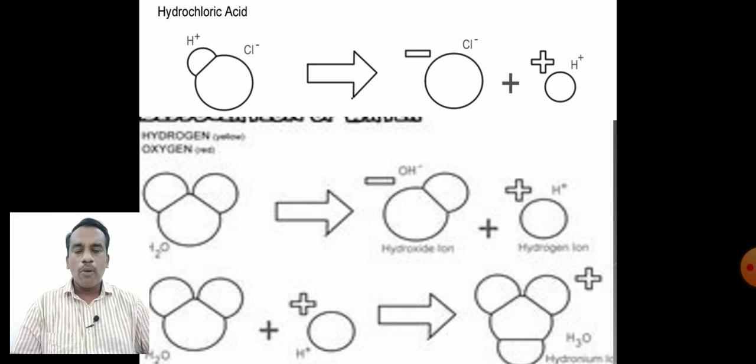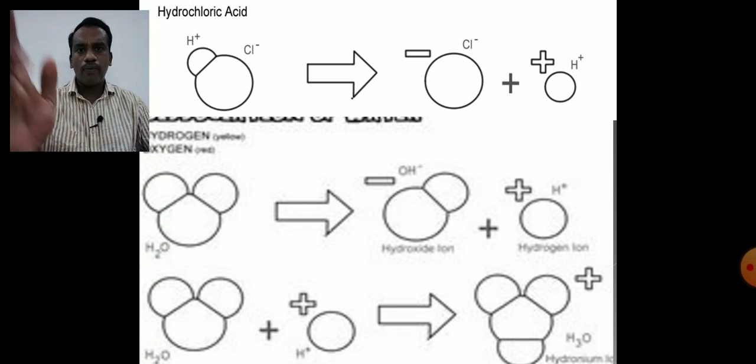By comparing in the form of a diagram, in the HCl that we studied previously, the size of the cation will be very small, which we learned in grade 9. And the size of the anion, what is an anion? The negatively charged ion is called an anion. Generally it will be very large in size. So the cation and anion of hydrochloric acid dissociate in water to give the chloride ion and the H plus ion. The water, which has the formula H2O,